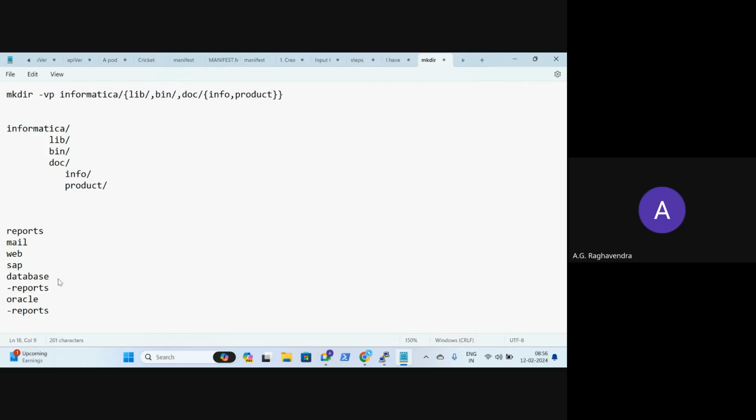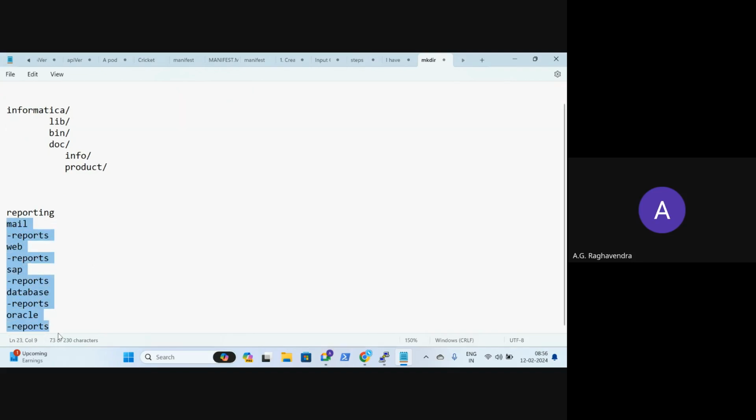Under database, I want reports. Under SAP, I want reports. Under this, I want reports. Let me call the main folder reporting. So I wanted to consolidate the whole reporting of my company products in a single shot.